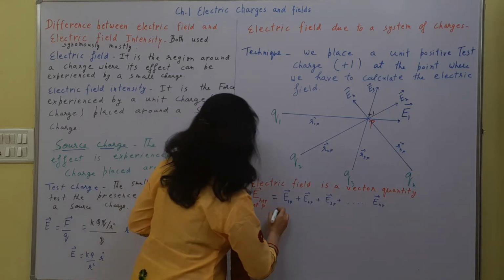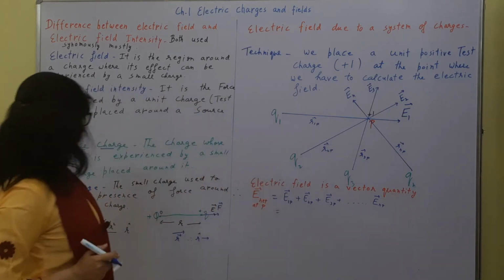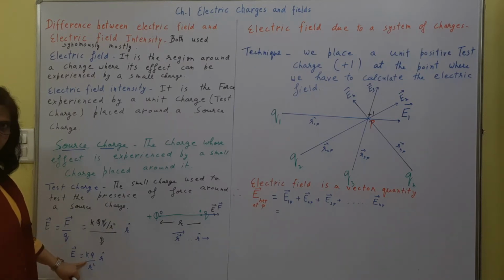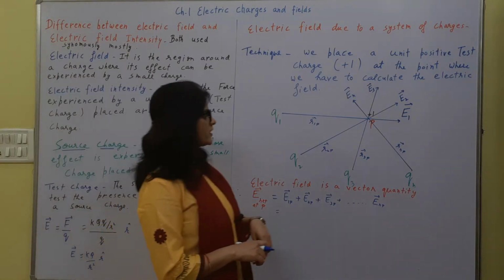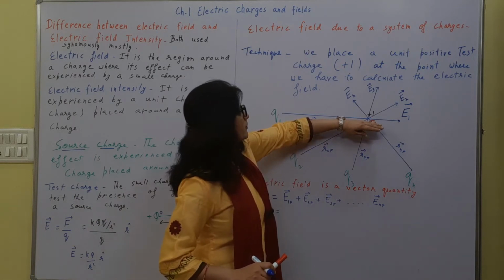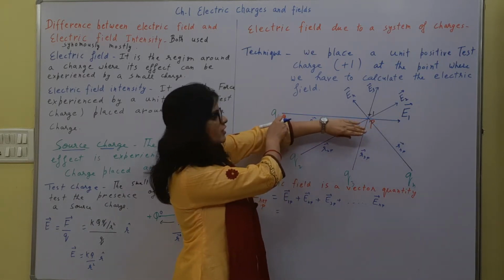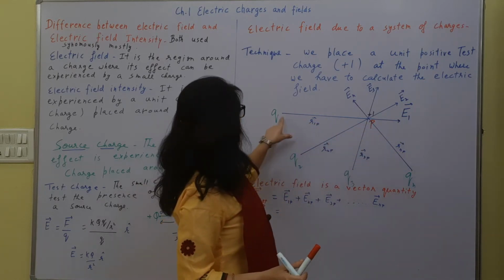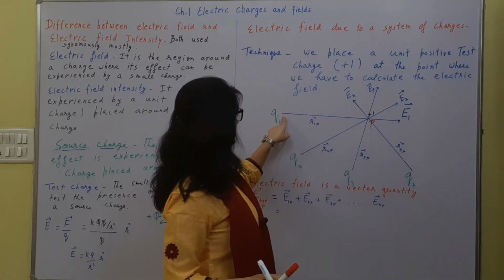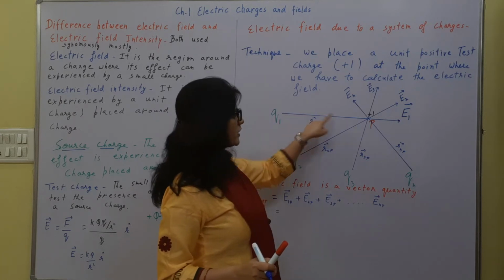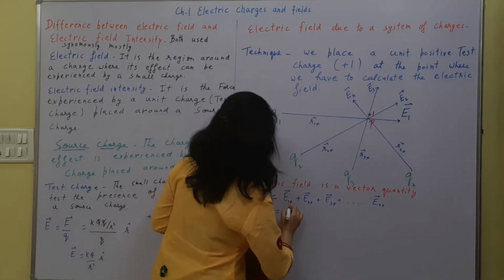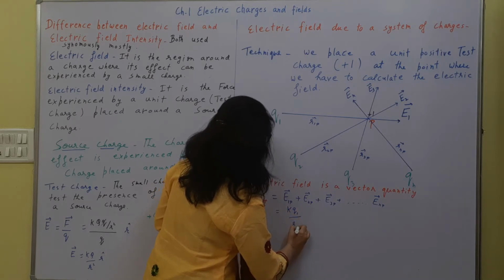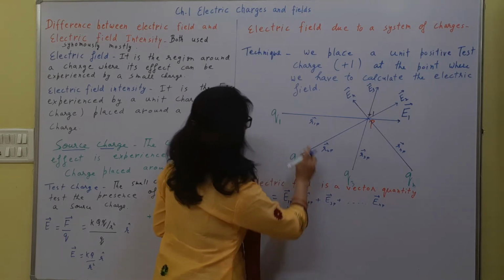So I'll write down this, because the electric field due to a point charge, the formula is kq upon r square, where q is the source charge. So if I consider, by the principle of superposition, that at point P I have to find the electric field due to the first charge, I'll consider that there is no other charge present. So the formula for this E1 at point P will be kq1 upon r1p square, and the direction will be